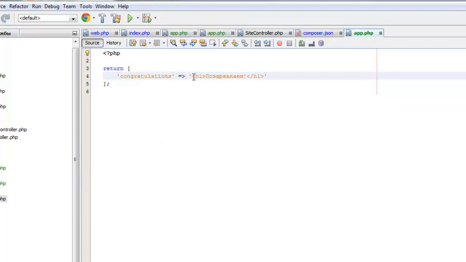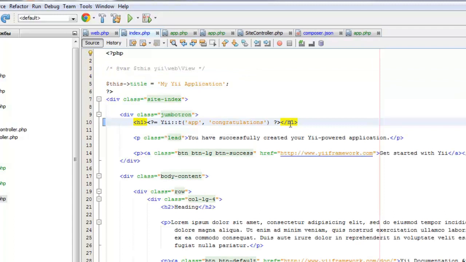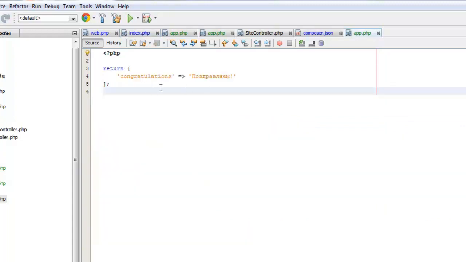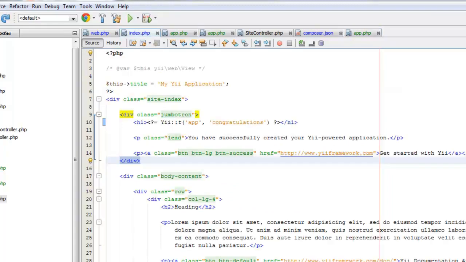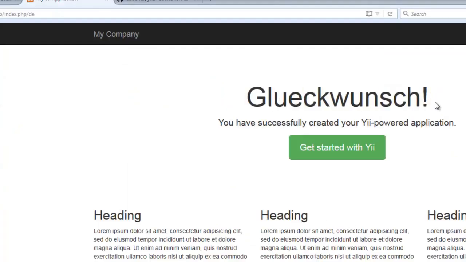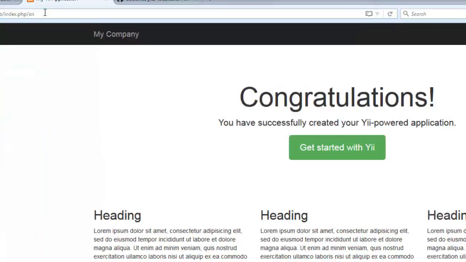But just try to keep the HTML code outside of translation, because HTML code belongs to the views. Yeah, that's why I try to always put the HTML code outside of translation, and to have just translation text inside your translation files. So we remove the code, and now we see that if we change it manually in the URL, it works,